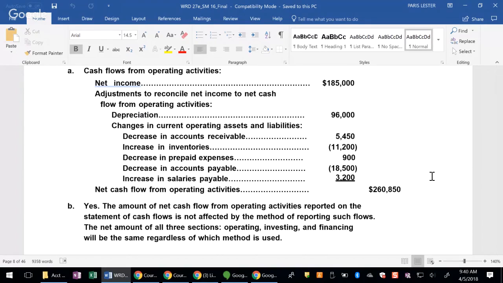Okay, so let's look at some of these exercises, starting with exercise 7 on page 801. We need to get through this chapter and get to another. Cash flow from operating activities, indirect method. Now, the biggest thing on there, the only change I see is you had dividends and you had,